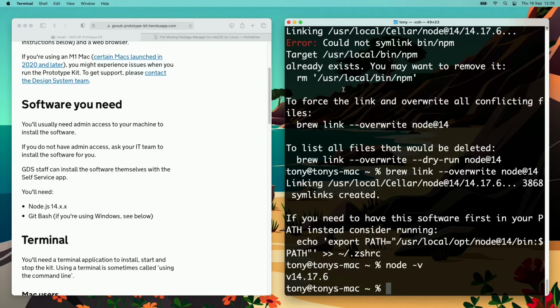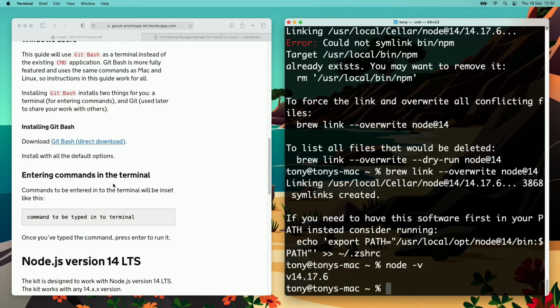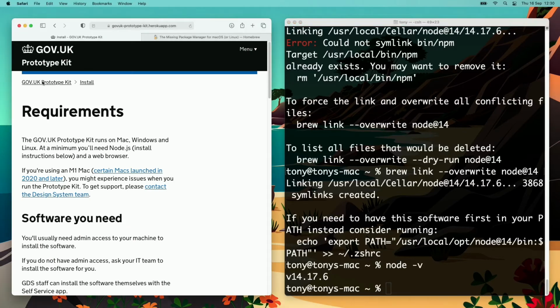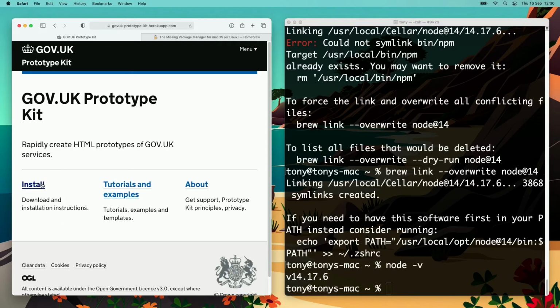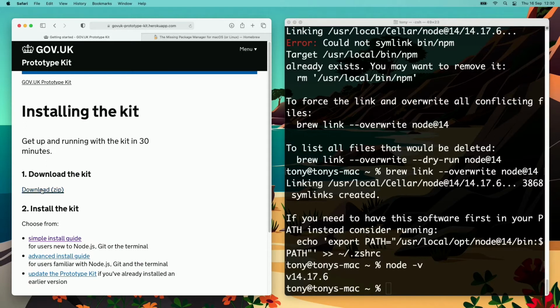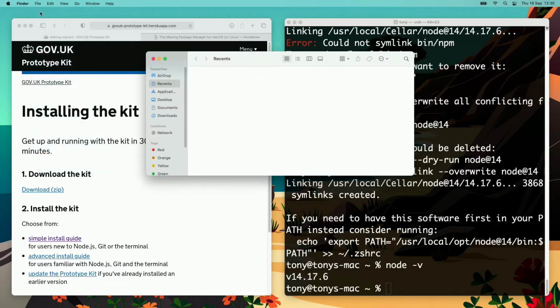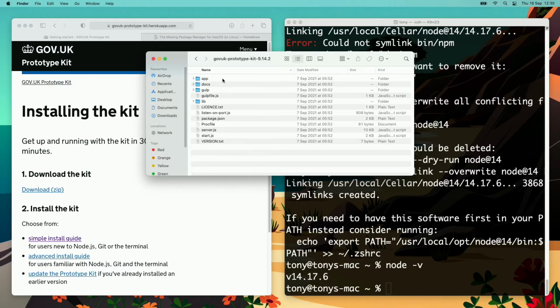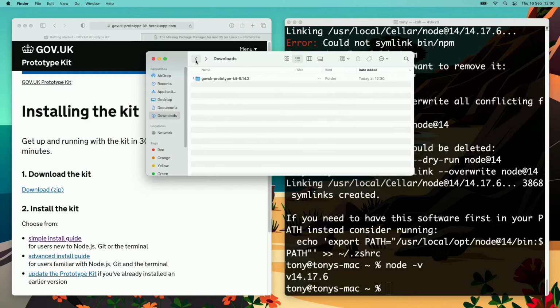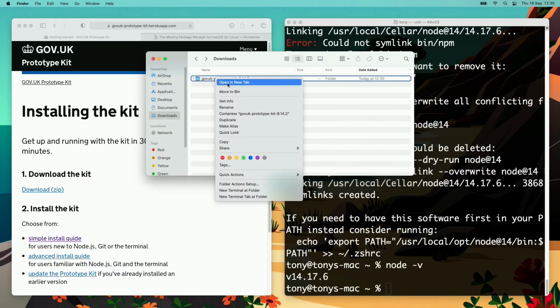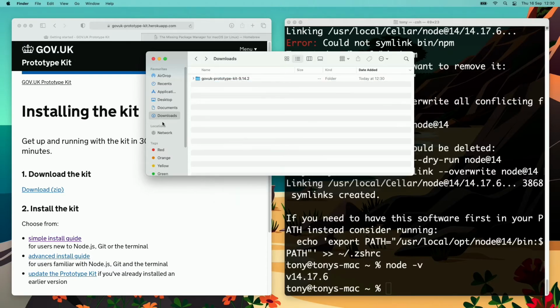Okay, so the next thing we're going to do is head back to the prototype kit homepage, and I'm going to download the actual kit itself. So we can see we've got a version of it here. What I'm going to do is copy this and go to my documents folder. I'm going to create a folder here, and I'm just going to call this Git,